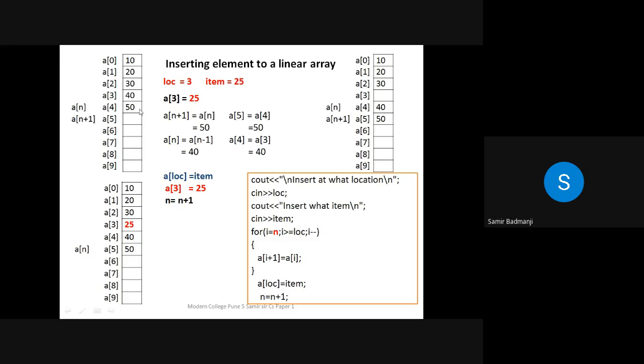So what should happen when you insert this element here? These two numbers should shift below, isn't it? When you insert some element at a particular location, that value should also remain and it should go below. So see what the logic is. Whenever you want to insert an element at a particular location, immediately after that location, you have to shift each value, starting with the last position. We have to shift 50 below, shift 40 below, and then insert 25 over here.